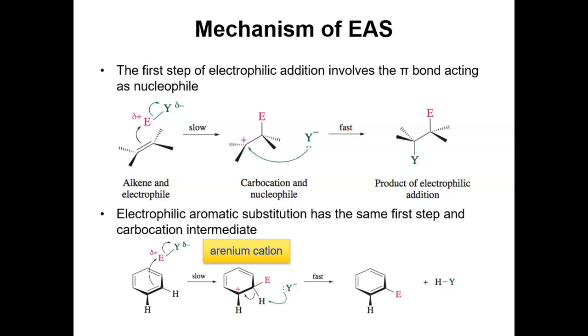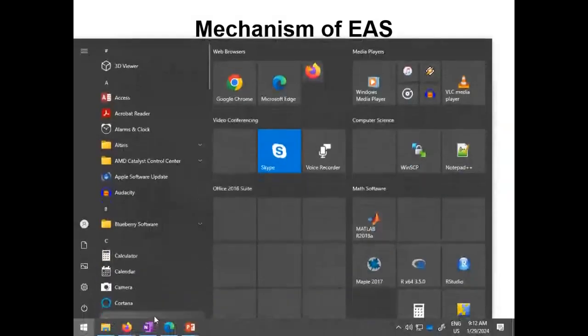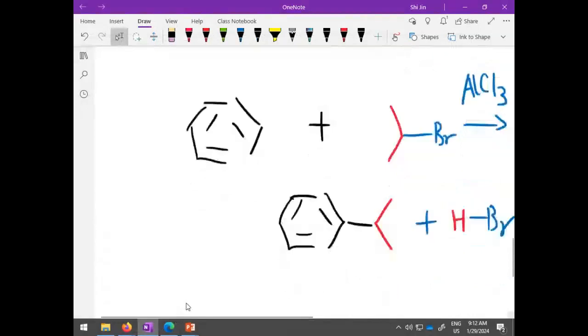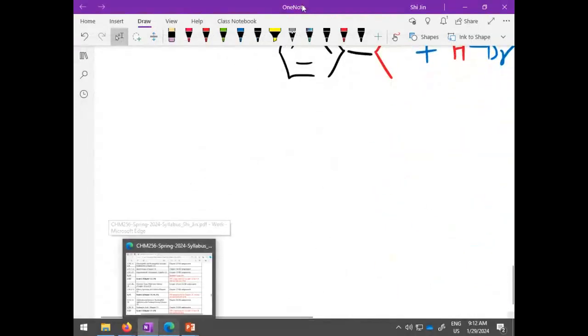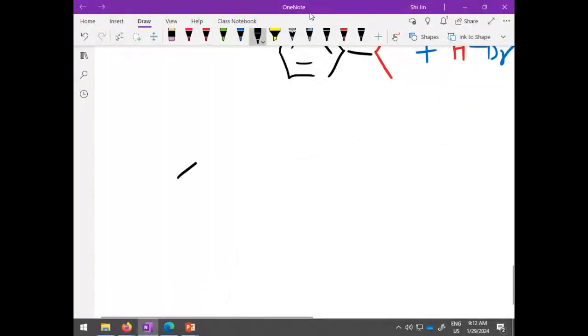What is the mechanism? Probably the best example we can use is hydrogen chloride reacting with propene. I'll draw it right here. So if we have propene and then react with hydrogen chloride,